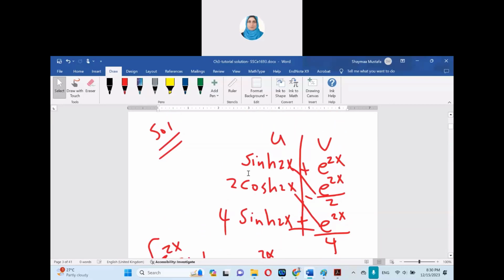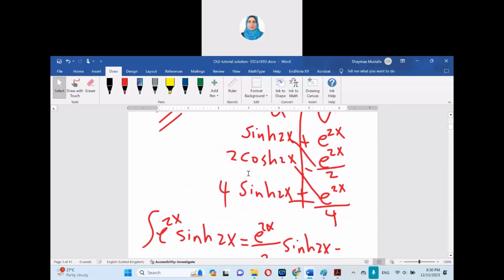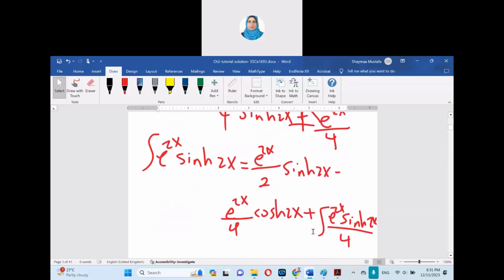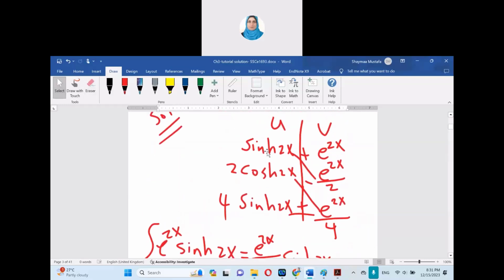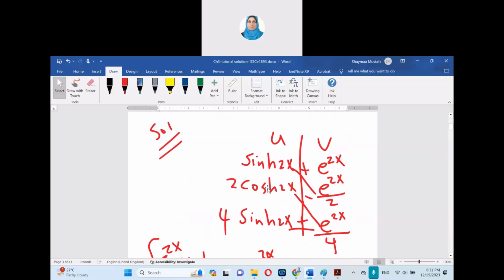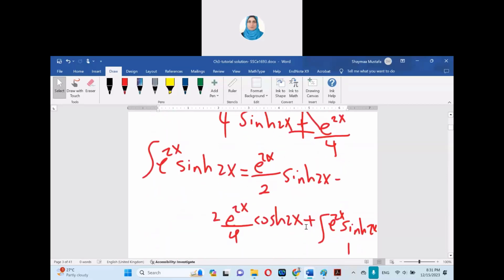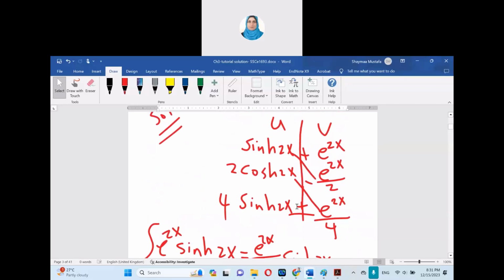E to x over 2, sine 2x, minus 2 over 4. We have 2, plus this one becomes, we don't have over 4, right? Now sine, okay, then 2 cos x, then 2 over 2, 2 over 4. Plus,